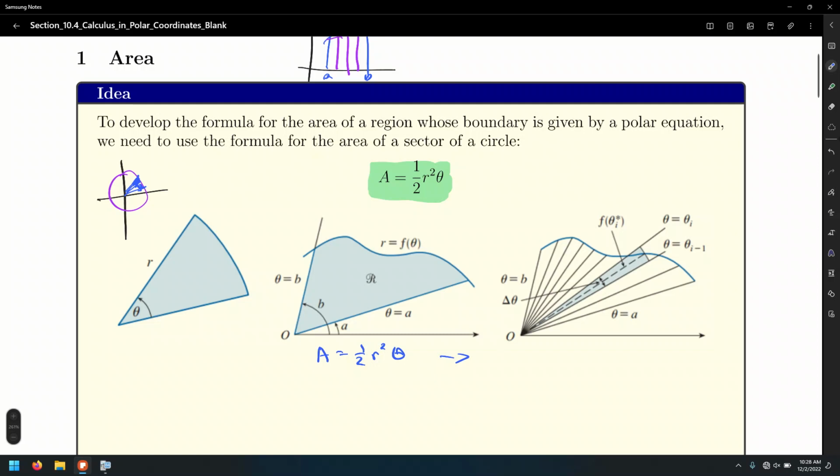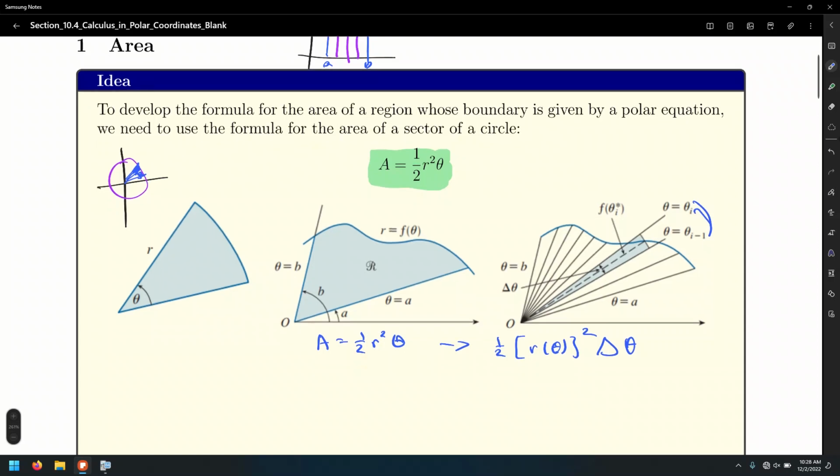In this case, well, that's a 1/2 r of theta quantity squared. But what about the theta in this case? Well, in this case, we're going to look at a delta theta. That delta theta is going to be the analogous of the delta x when finding the areas of rectangular shapes. But in this case, the delta is going to involve the difference of these two angles right here. All right? So that's the partition here, the element of area, and essentially we're going to